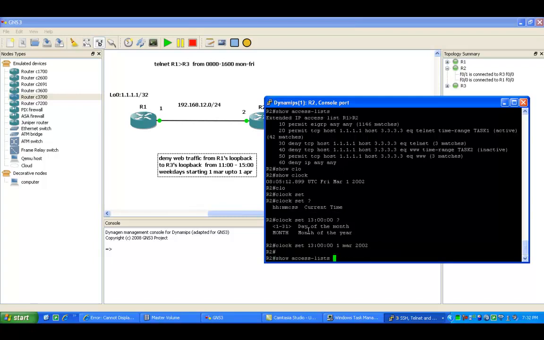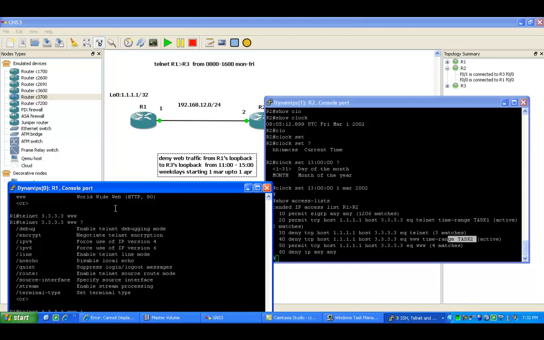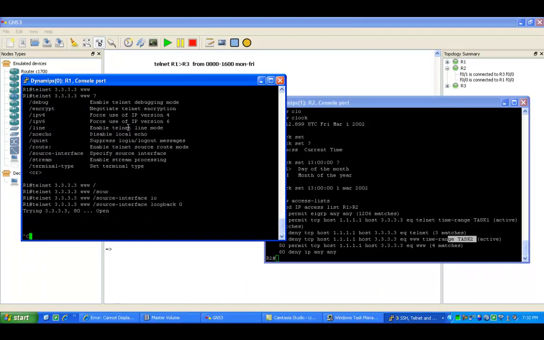So now if I do a show access list, as you can see, sequence 40 has become active because it's within the time range for task 2. So now if I go back to R1